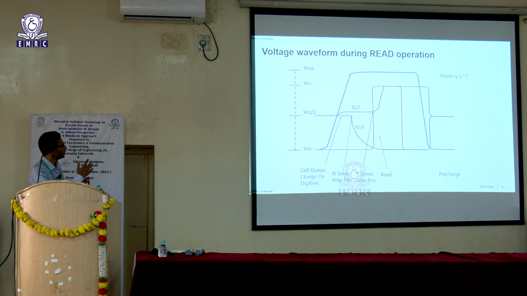And this is a voltage waveform for a read operation. You have both the bitline true and bitline complement, or bitline bar, equilibrated at VCC by 2, which is 0.75 in the previous example. Then once you give a read operation and turn on the word line, which the blue here represents, you have charge dumped onto one of the bit lines, which is bitline 2 here. You see from 0.75 a small voltage bump. Now, this has to be resolved all the way to the rail, and for that to happen you enable your sense amplifier.